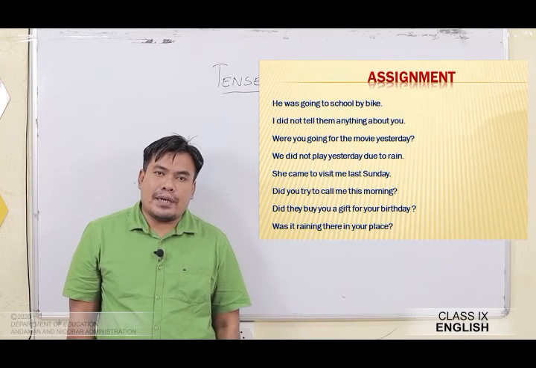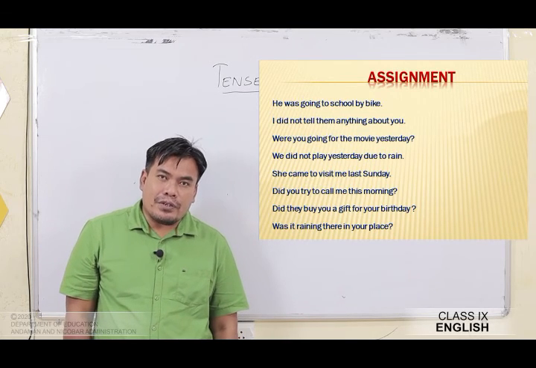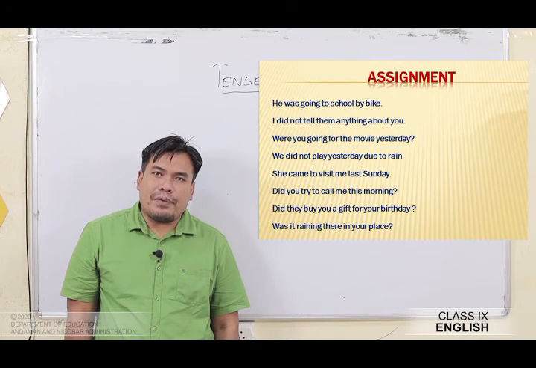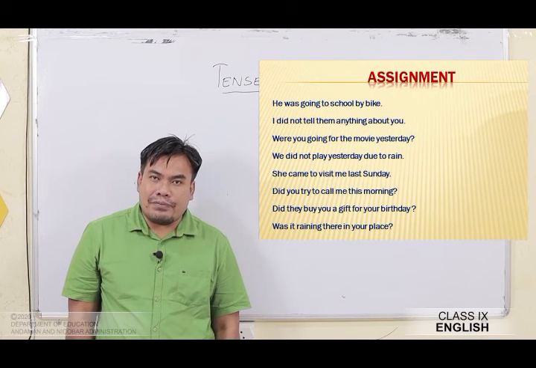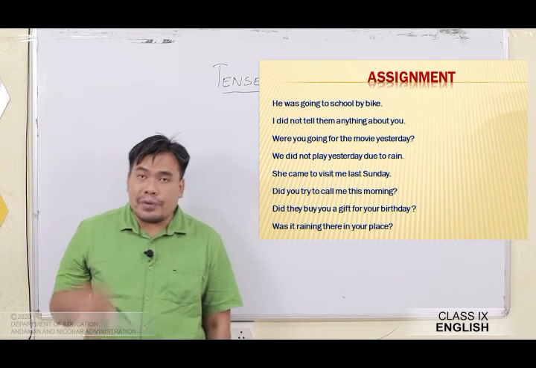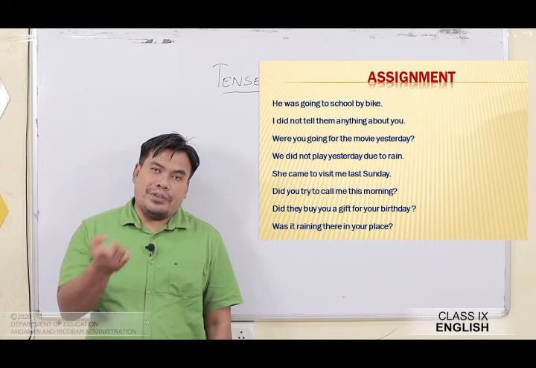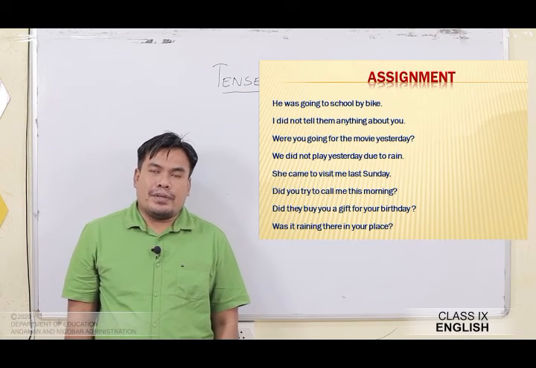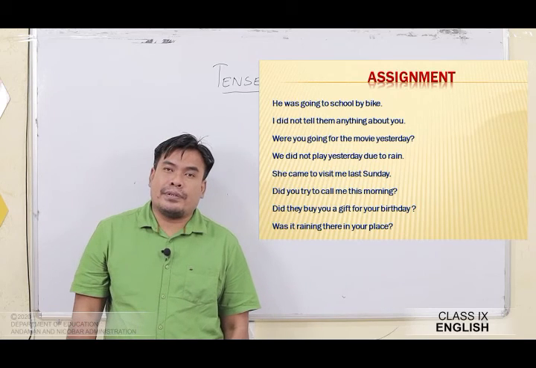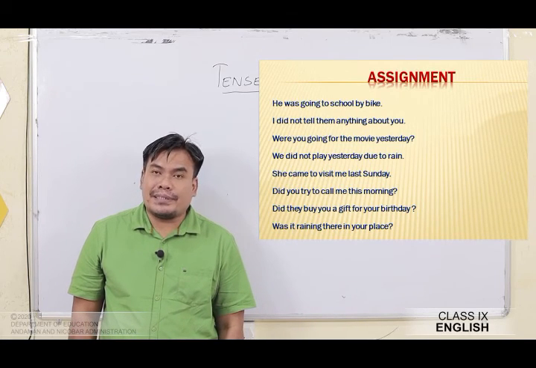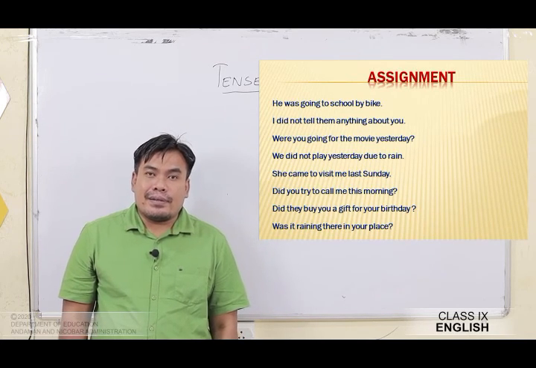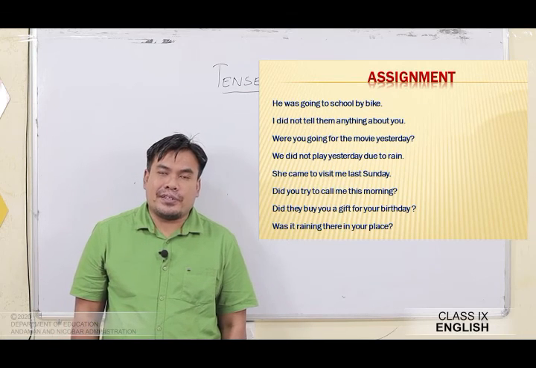So you just have to say, did you try to call me this morning? Whenever we are talking about the afternoon or evening also, you are going to say that. You have to say this afternoon and this evening. Not today morning, not today afternoon, or today evening. Okay, you have to keep that in your mind, because you may do this mistake, and you must have been doing this also, the mistake. So it has to be like this. This morning. Please don't commit that mistake. If you have been doing it, you have been saying it wrong. So this is the correct way of saying it.